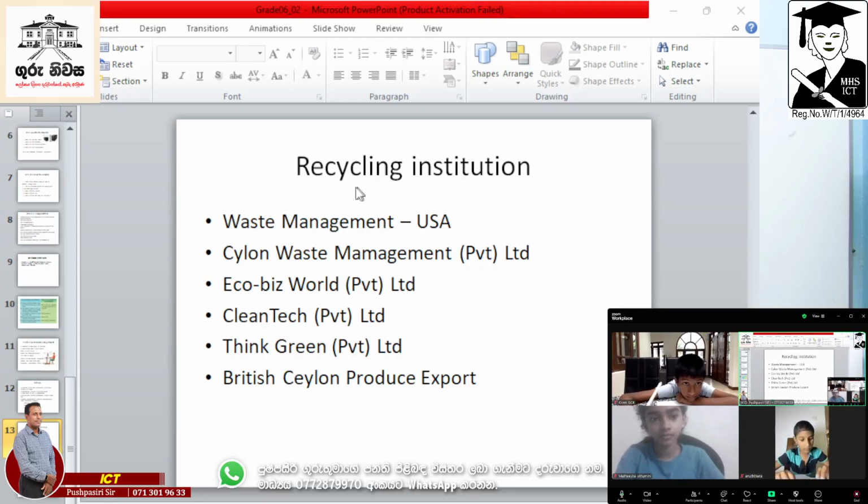Right. So there are recycling institutes. That means companies where we can hand over them so that they will recycle, right? Ceylon Waste Management Private Limited, EcoBiz World Private Limited, Clean Tech Private Limited, Thick Green Private Limited, British